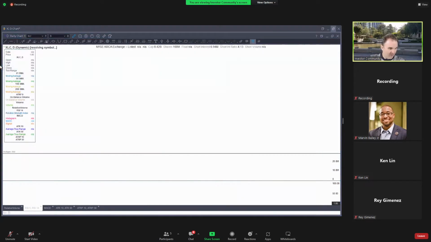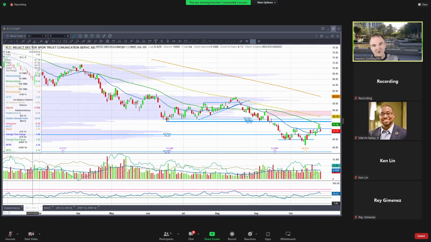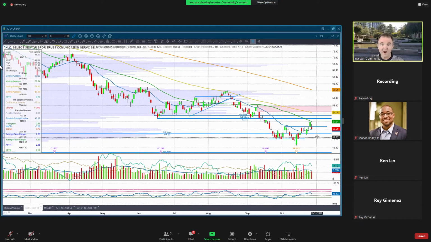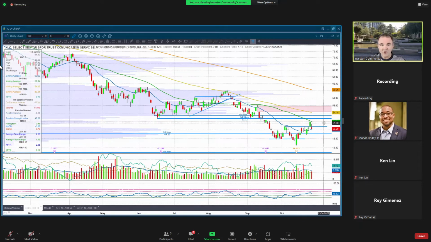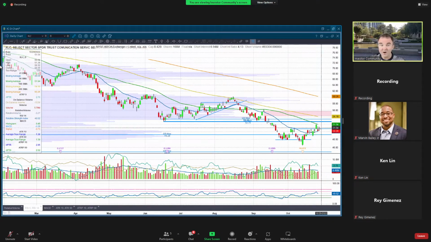So let's take a look at the communications sector. This one is the weakest of all sectors. This is where Meta is. Google's in here as well. Not a great day at all today. It really threatens any uptrend that might be forming. But we did make a higher high, after making a higher low. So it still has that going for it. Does the 21-day moving average support? Can this turn up tomorrow? I don't know. Jury's out on that one.